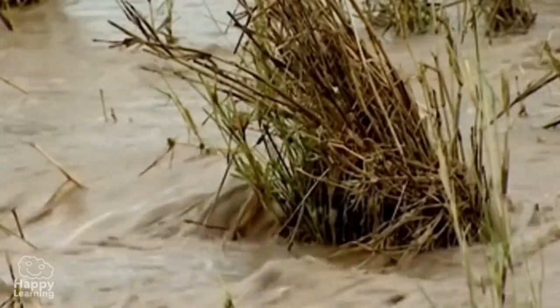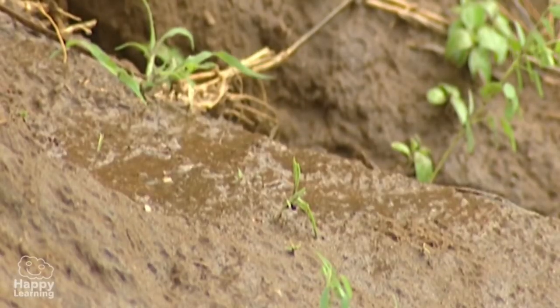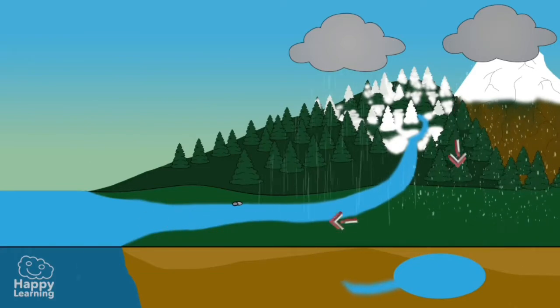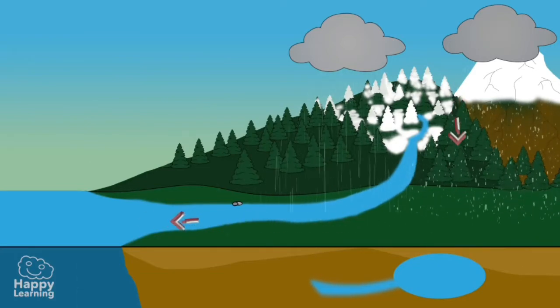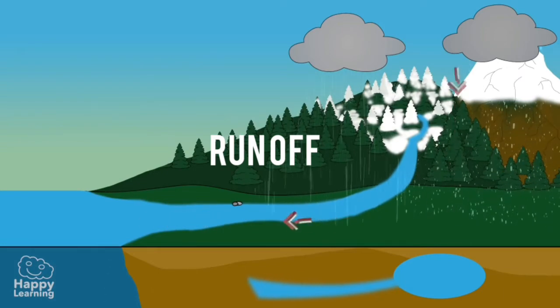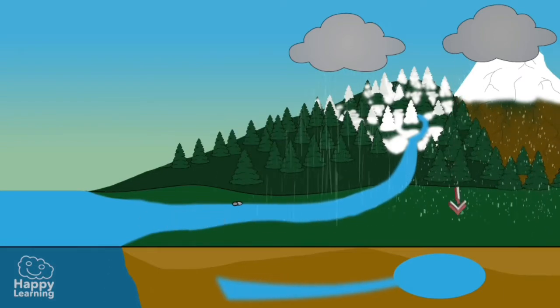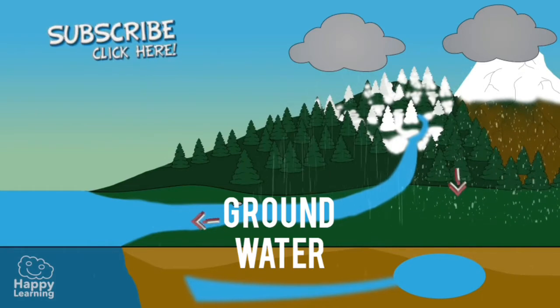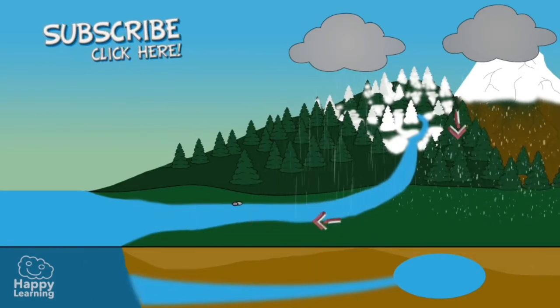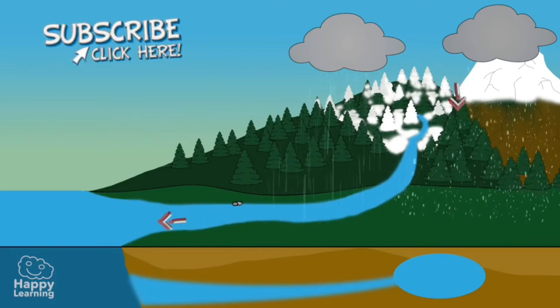The rainwater flows from one place to another. Most of the water which returns to the land flows down the hills as runoff. Some of it penetrates into the land and charges the groundwater. Under some circumstances, groundwater can even flow. The flow of groundwater is much slower than the runoff.